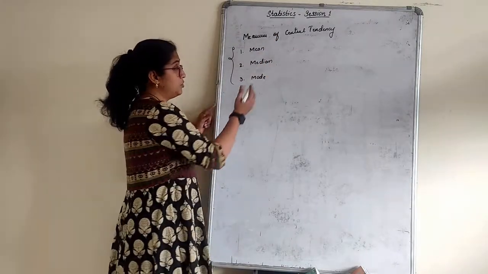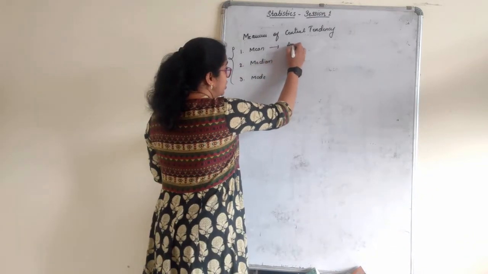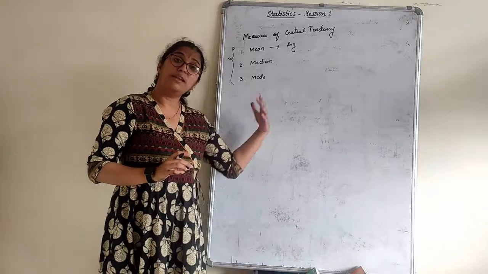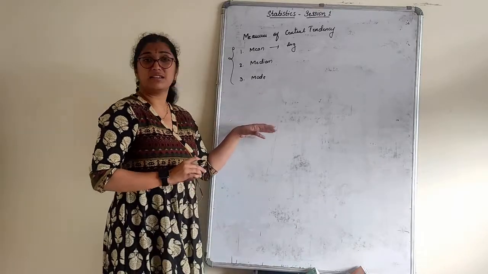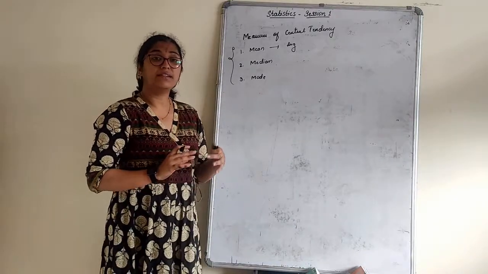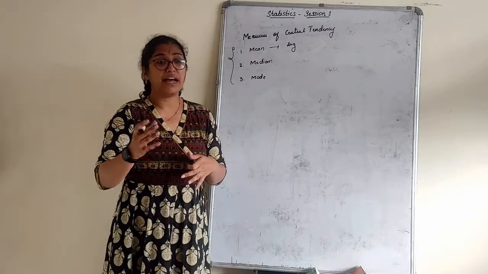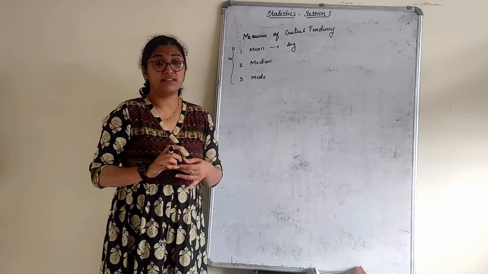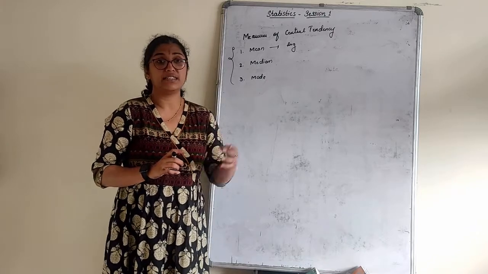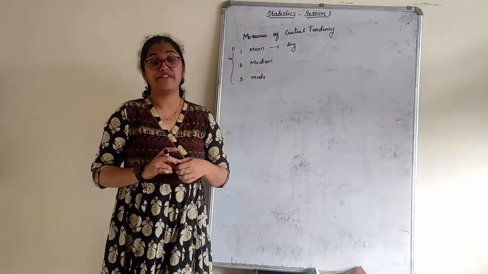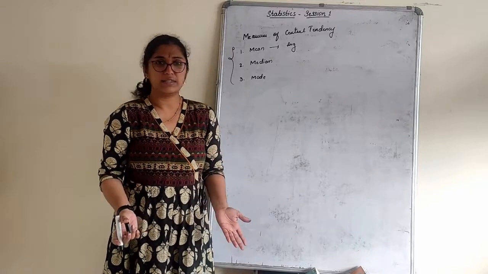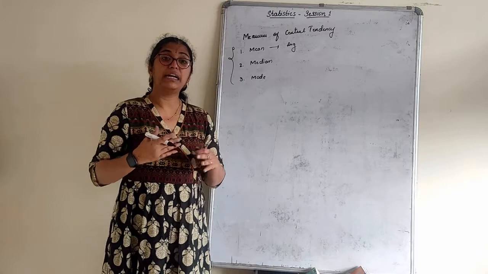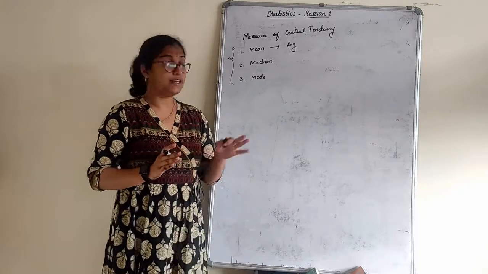What is mean? You already know, it is the average of these scores. Formulas we'll discuss later, children, now I'll only discuss the definitions here. Mean is where we talk about the average. What are your average marks? Your average marks of your FA tests: if you have written 4 FA tests, the total marks of your 4 FA tests divided by 4. Simple, right? So mean is the sum of the scores divided by the number of scores.